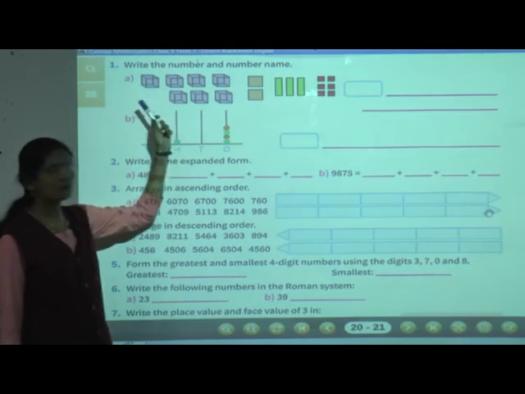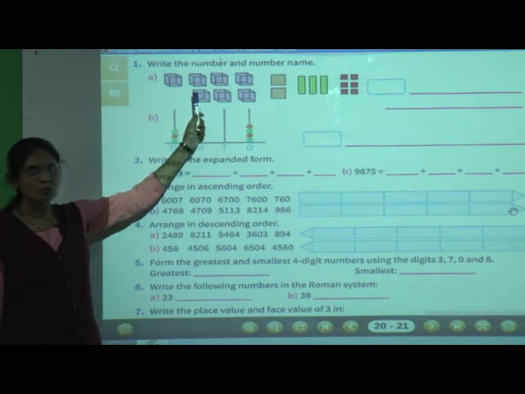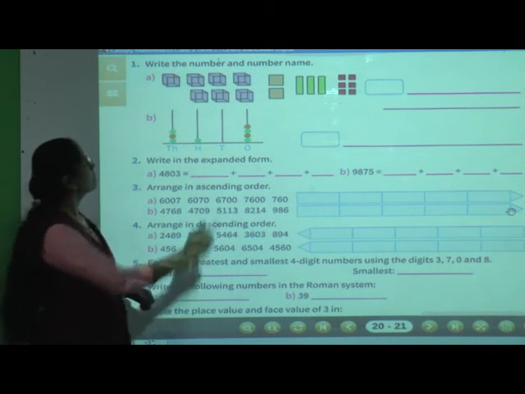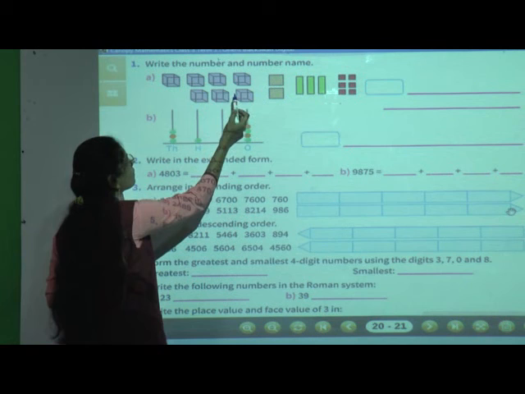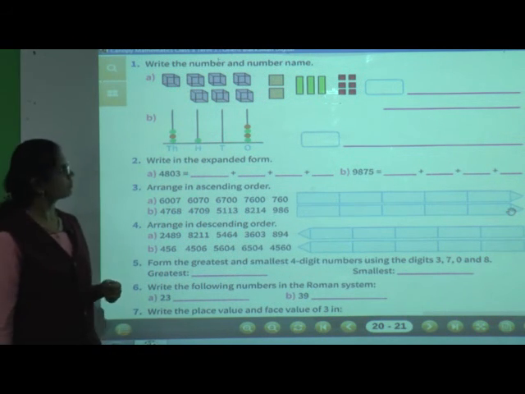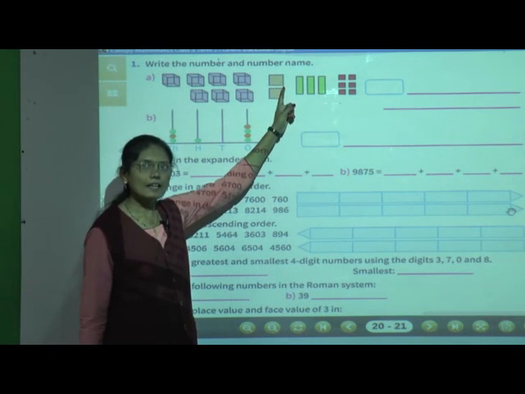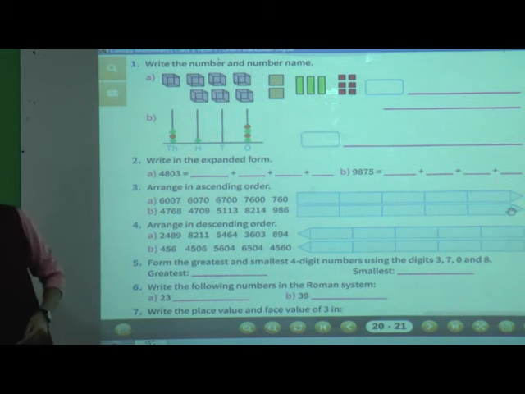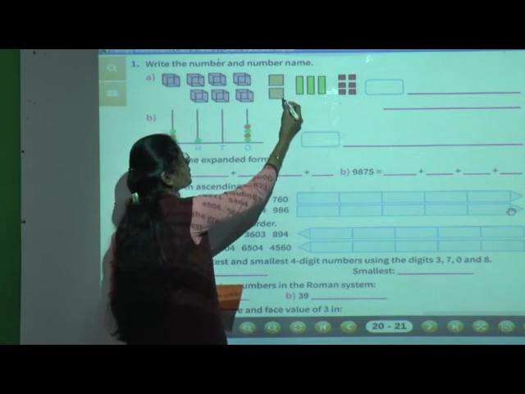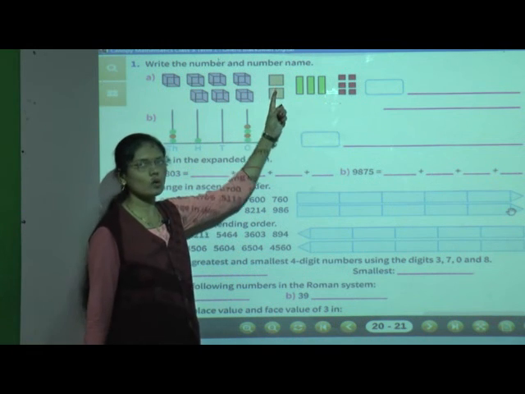Now see here, can you see the cubes? Yes. Now count the cubes. In front of you also the textbook is there. So count how many cubes are there. Yes, 1, 2, 3, 4, 5, 6, 7. There are 7 cubes. Now this sheet represents 100. Here also they have given us 2 sheets. Means how many hundreds are there? Here 2 hundreds are there.